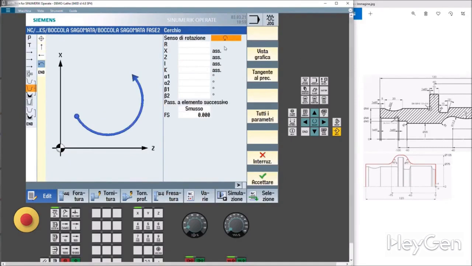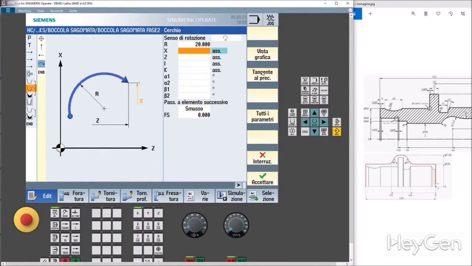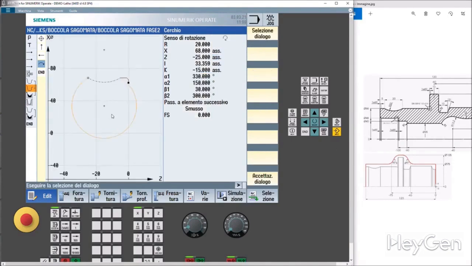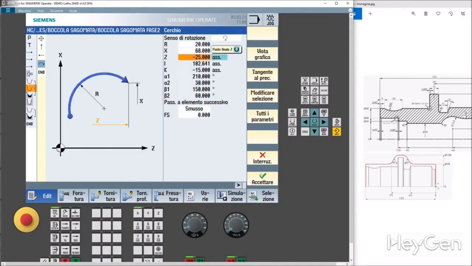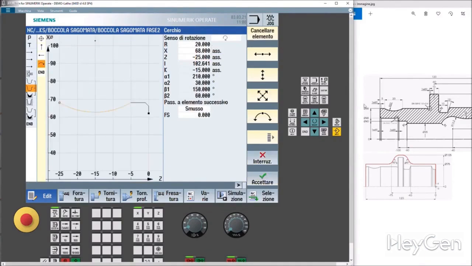So, we have a clockwise rotation with a radius of 20, ending at X68, Z minus 25, where our circumference will end. And I would say we don't need anything else, except for a dialogue section, but look how we do it, because I didn't give the I and the K. Select dialogue. I accept the dialogue and I accept everything.